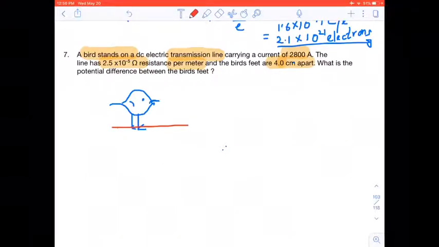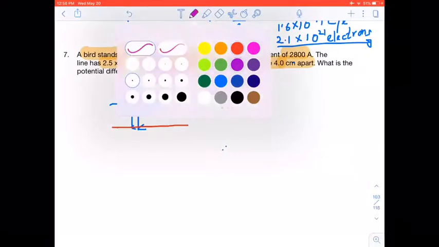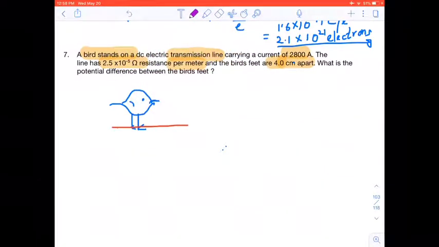And the distance between these 2 feet is 40 centimeters. Okay, 40 centimeters. Right, but now we want to know what's the voltage between these 2 feet, because so we got now R